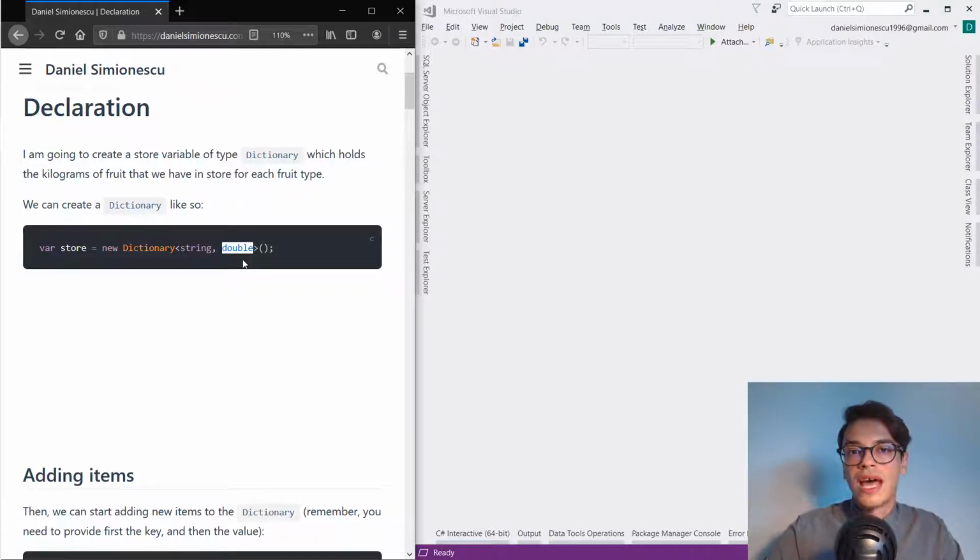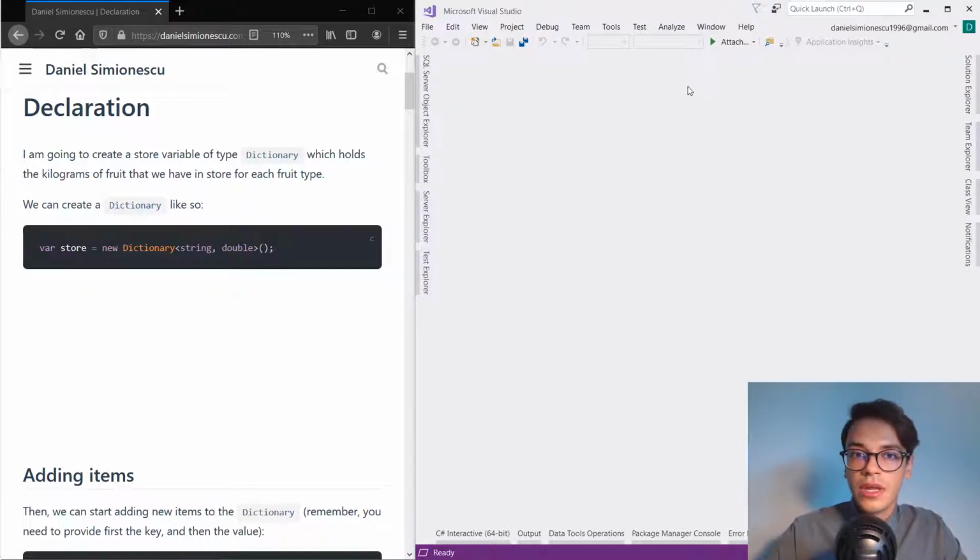If you have only 4 kilograms, for example, and you don't want any decimals saved in your number, you can just use integer. So the integer type would be a good fit. But since we want decimal numbers, so we have to be specific about our inventory, we need to use double. So let's actually create this, and I'm going to